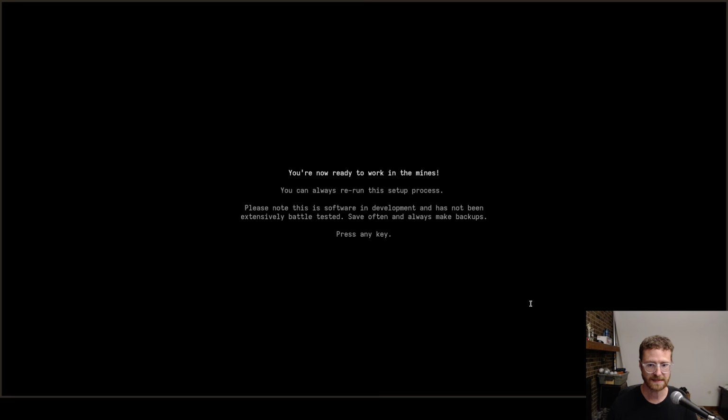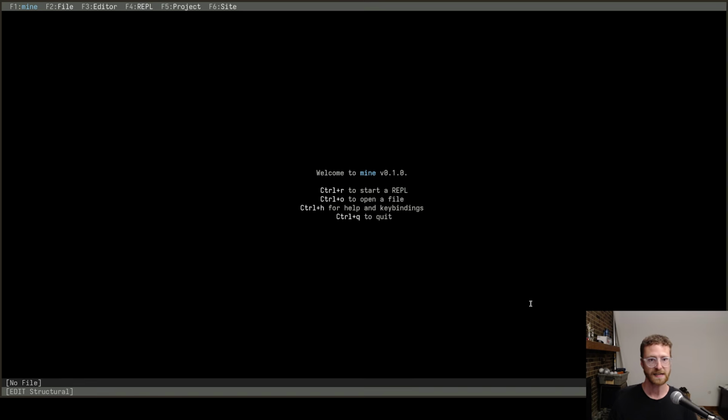And it says, now you're ready to work in the mines. You can always rerun this setup process. Please note this is software in development and has not been extensively battle tested. Save often and always make backups. Press any key, right? And so this will take us back to the starting page, which you will see anytime